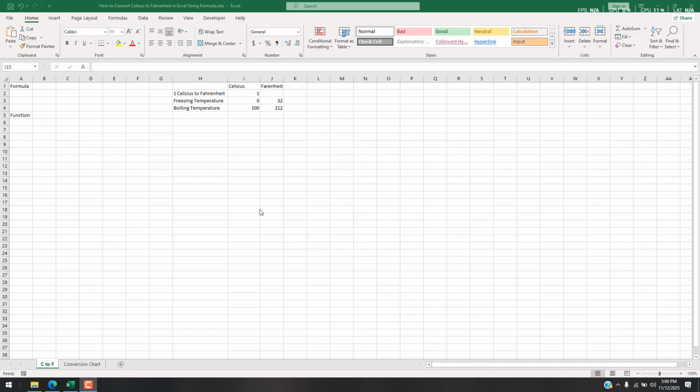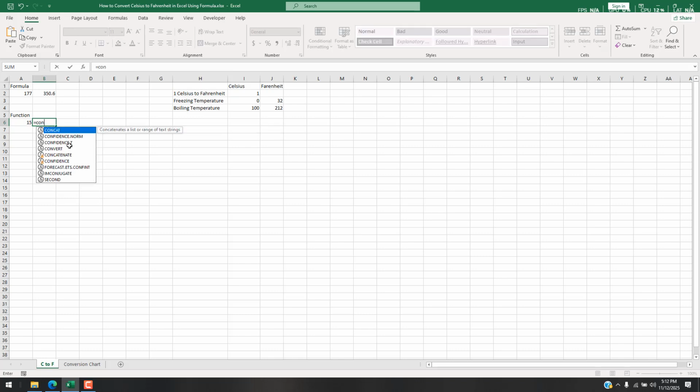There are several ways to convert Celsius to Fahrenheit, and today we are going to show you an Excel built-in function that will help us convert Celsius to Fahrenheit. For that we are going to use the Excel built-in CONVERT function. So let's say I'm going to convert 15 degrees Celsius, my room temperature, to Fahrenheit. For that I'm going to write here equal to and then write convert and double click